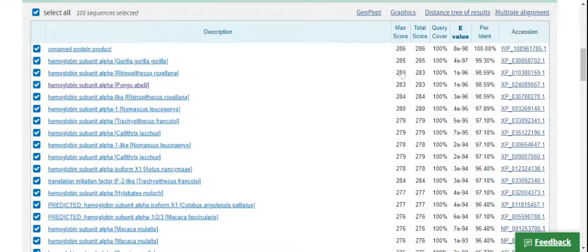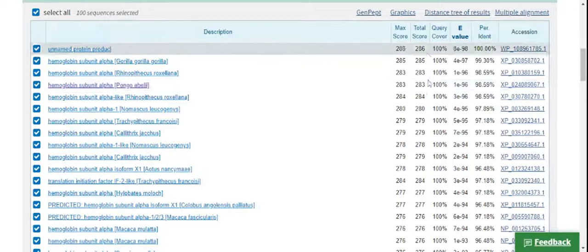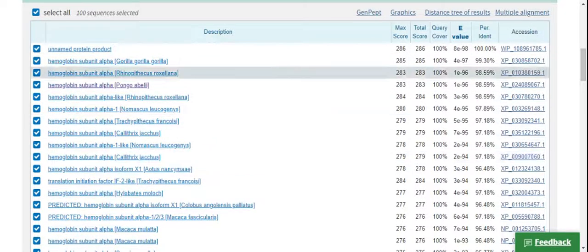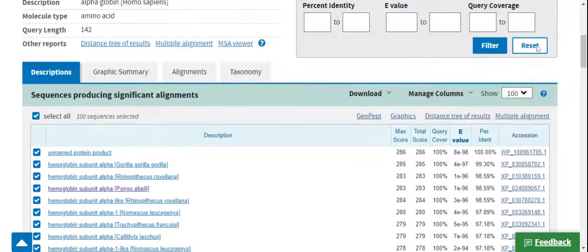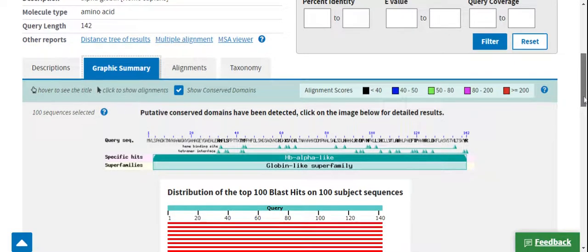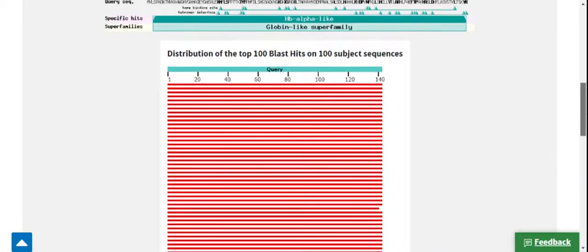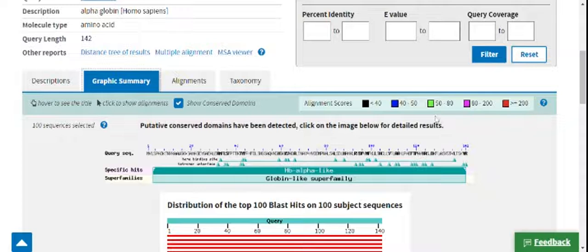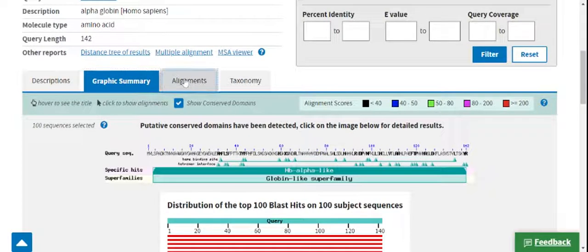Here the maximum score has been given. This is the total score, this is the maximum identification score, and this is query coverage. The other tabs: this is the graphic summary, which gives the distribution of the top sequences that are similar or identical to the subject sequence. This is the alignment section.